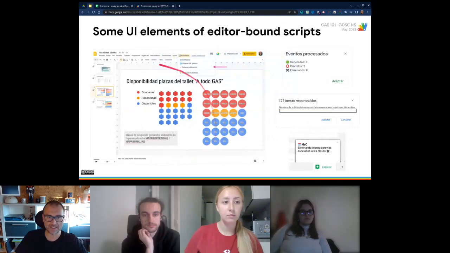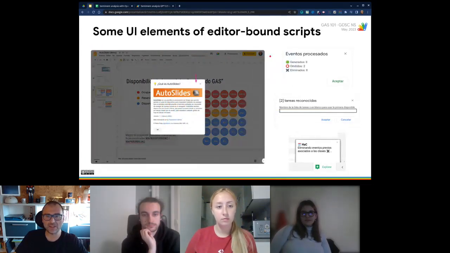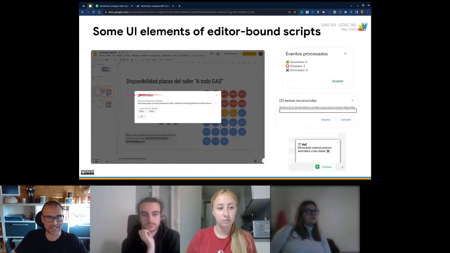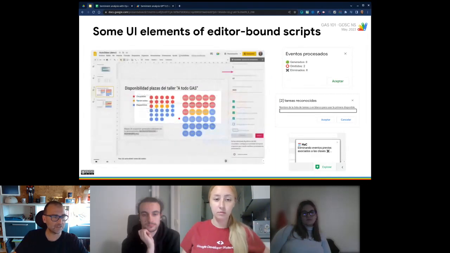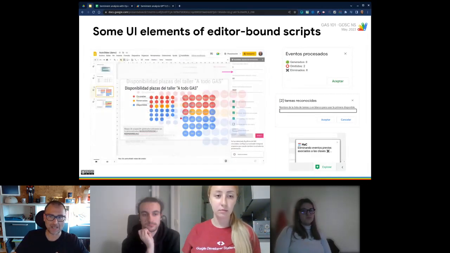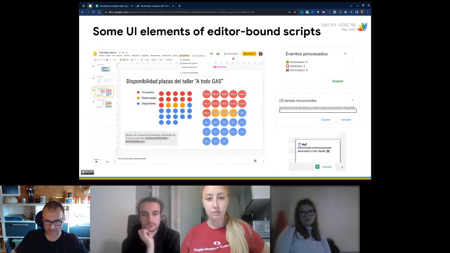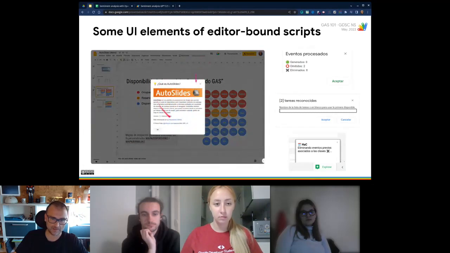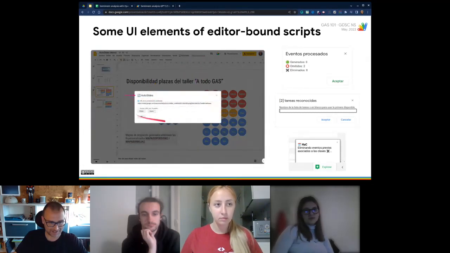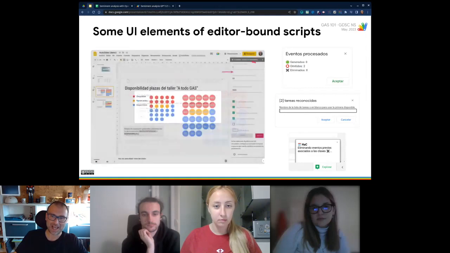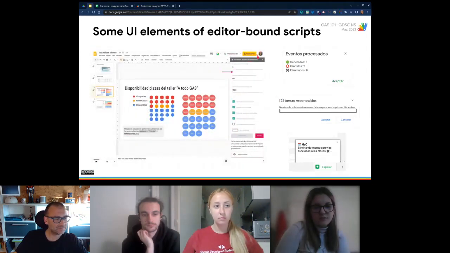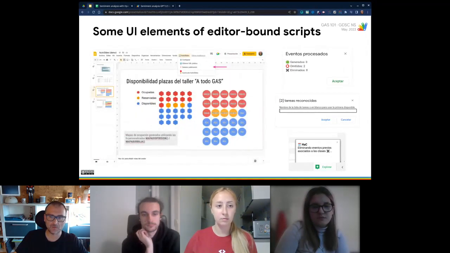Let's have a look. For instance, this is the familiar slide editor. These are dialogues that are created using AppScript. This is a menu, okay? Dialogue, another custom dialogue, a sidebar here, populated by AppScript, and a custom menu.